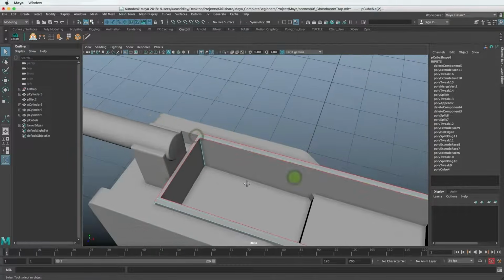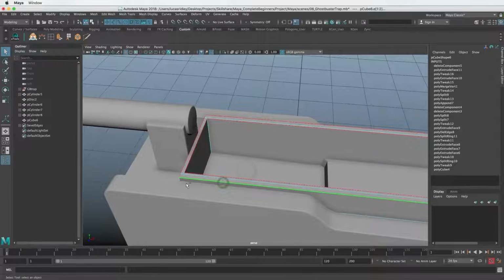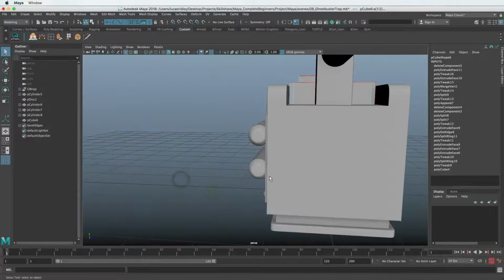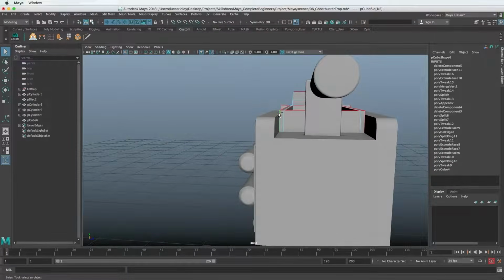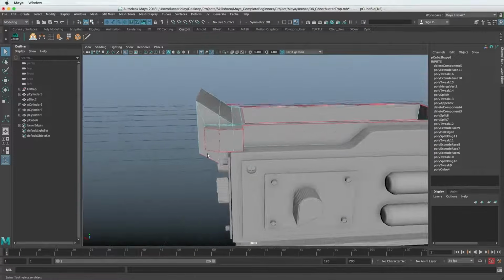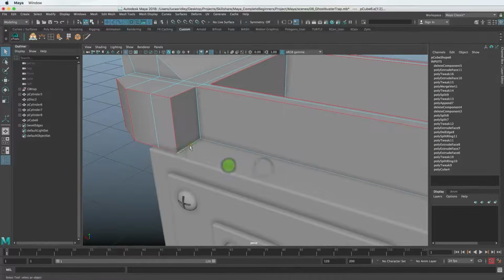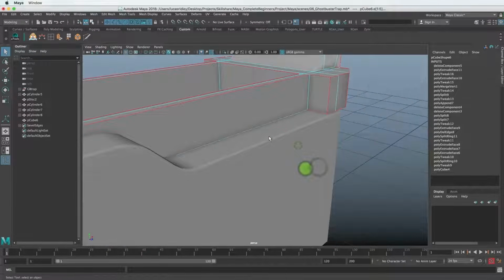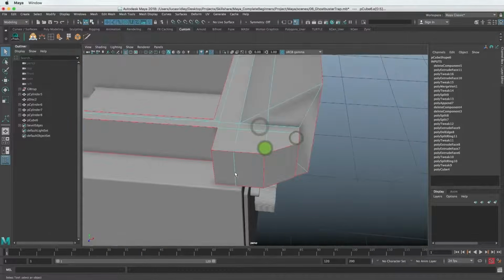Accidentally selected that one. And that one. I'll grab that. Cool. Yeah, I'm going to go ahead and grab that one. I'm going to go ahead and do those. I think, you know, it should be flush with it, but